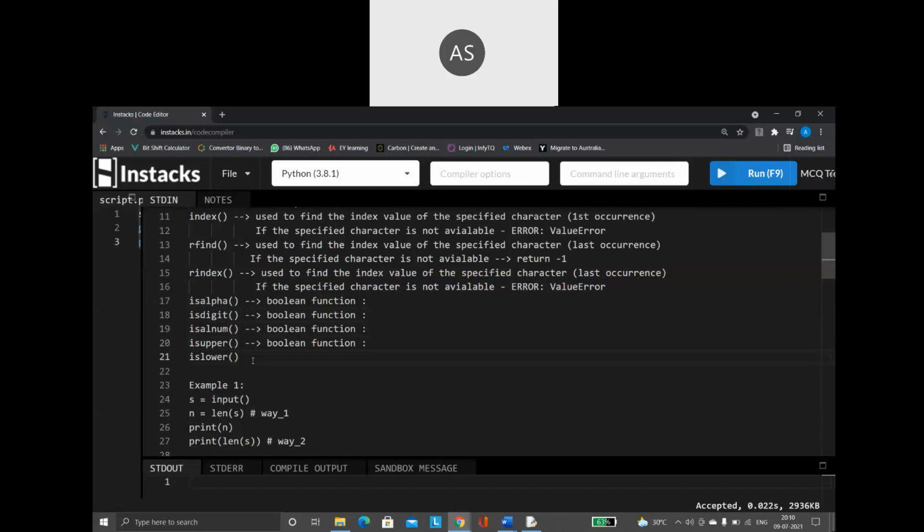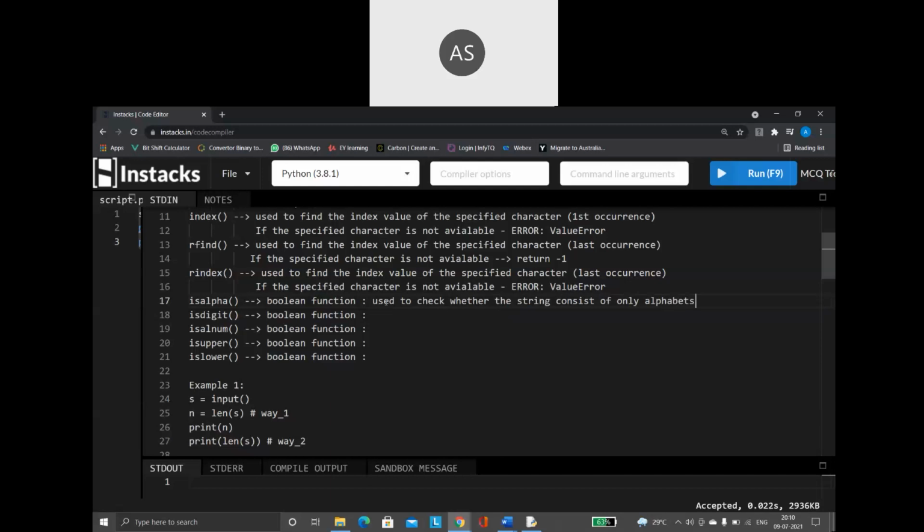The first function I am going to tell you is called isalpha. Alpha represents alphabet. This function is used to check whether the string consists of only alphabets.